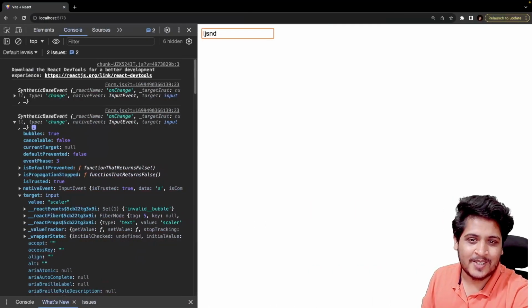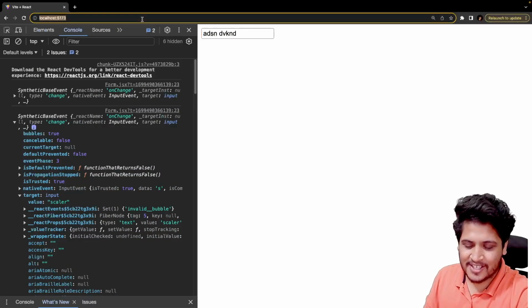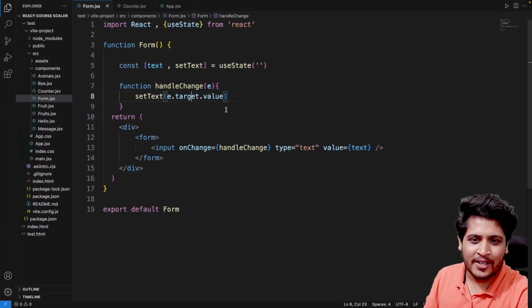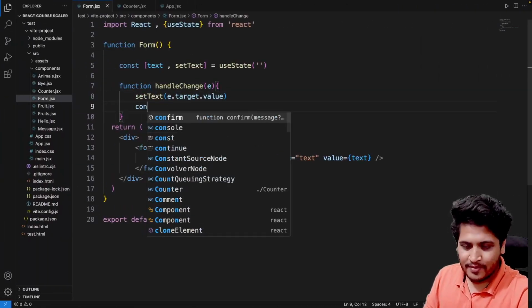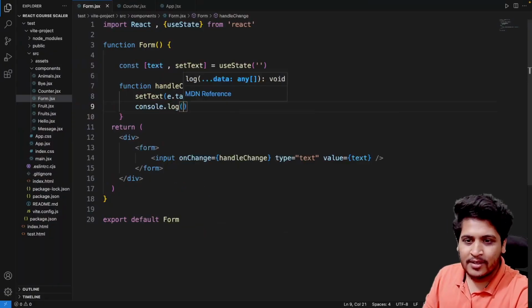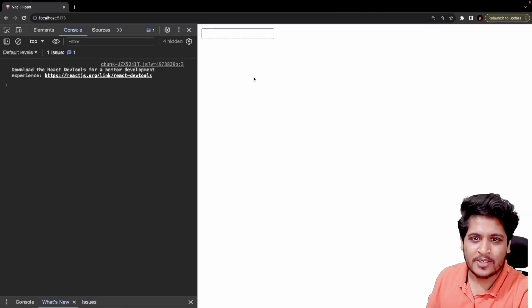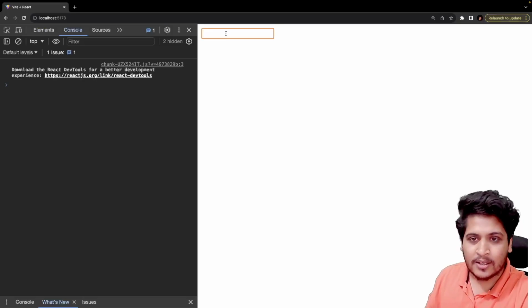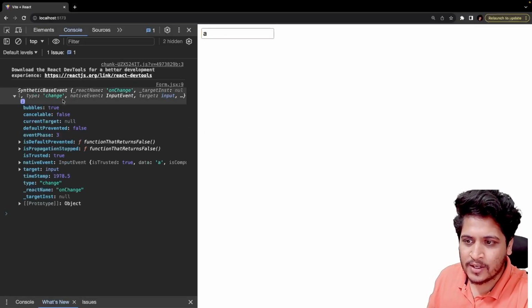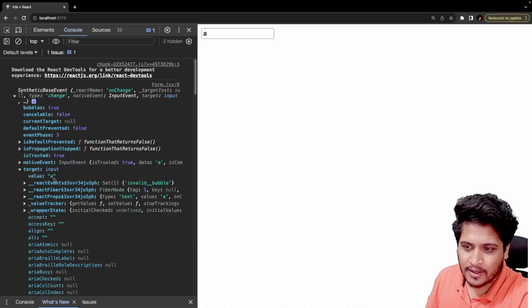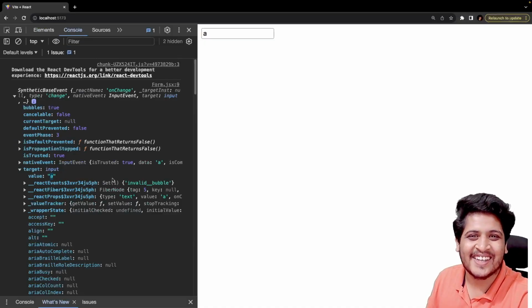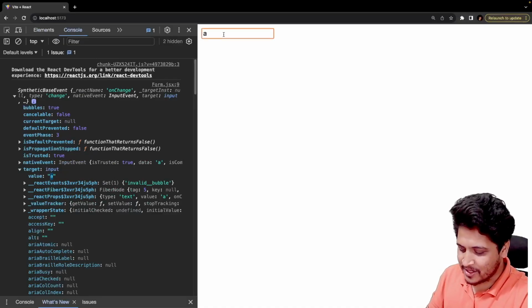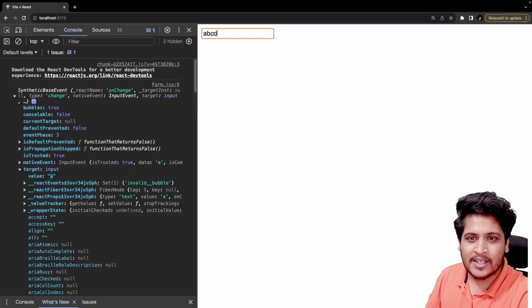If I do this now, yes, I'm able to write everything. Let's refresh, and let me console log the e object for you as well. As soon as I change something, you see all of these events getting triggered. Let's check this last event. Let me refresh this and type just one letter so I can show you better. If I go to this target, you see this has changed everything. Interesting, right? And if I write A, B, C, D, something like that,